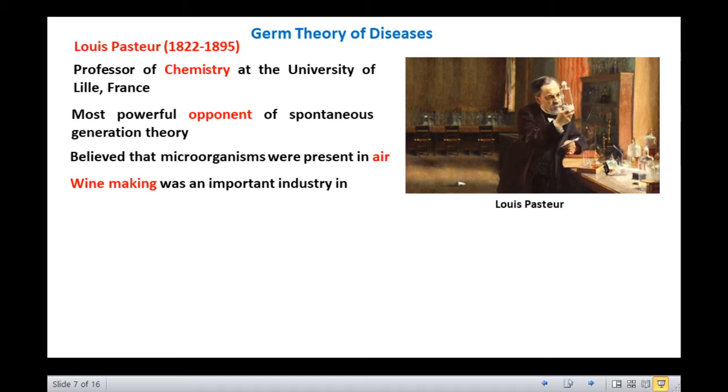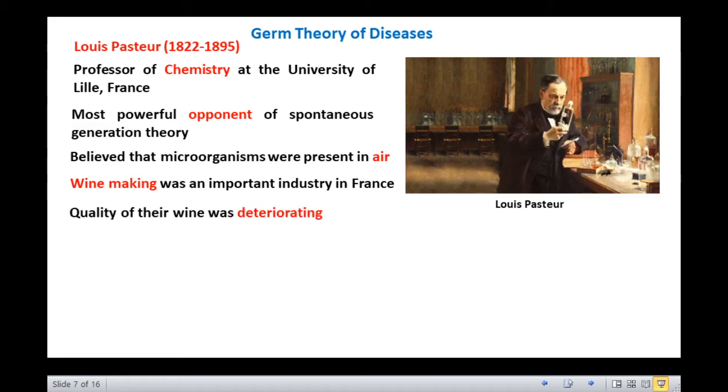Winemaking was an important industry in France then. The distillers were worried because the quality of their wine was deteriorating. In the summer of 1856, M. Bigot, father of one of Pasteur's students in chemistry, called upon Pasteur to help him overcome difficulties he was having manufacturing alcohol by fermentation. Pasteur investigated the fermentation process and found that their problems were due to conversion of sugar